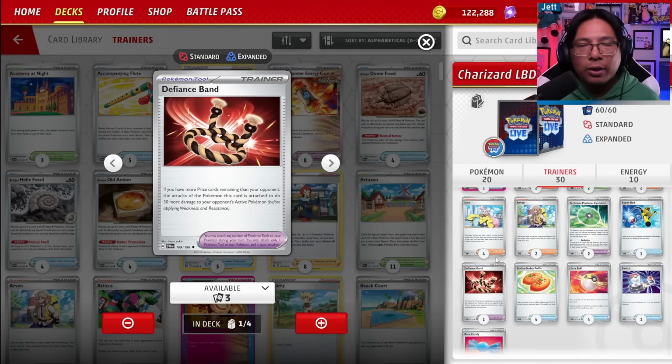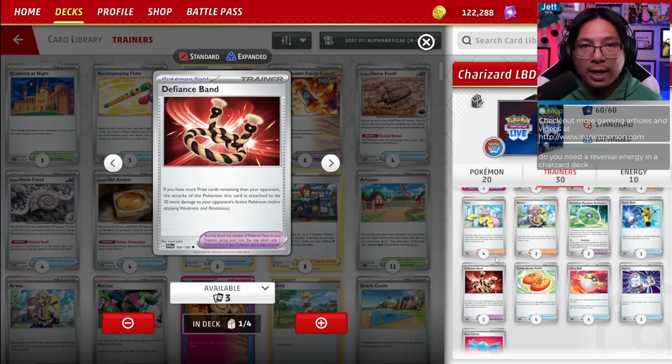This plays really well into the strategy of going second because they take a prize, they knock out one of your smaller Pokemon, Charizard comes in, and you slap a Defiance Band on it, and now it's swinging for 240 damage instead of 210, and that's going to be enough to knock out pretty much every basic V and every basic EX in the game outside of Blood Moon or Saluna, which if they're stuck with that at the beginning of the game,